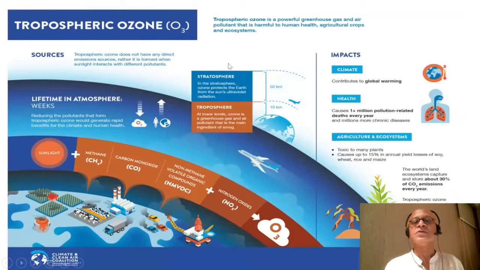The tropospheric ozone is a powerful greenhouse gas and air pollutant that is harmful to human health, agricultural crops and ecosystems, as we already talked about. The lifetime in the atmosphere is only weeks, but reducing the pollutants that form tropospheric ozone would generate rapid benefits for the climate and human health because its lifetime is so short. So there are what are called short-lived climate pollutants. Methane, black carbon, ozone are all in that category, and they would not only reduce greenhouse gas warming, which can be seen immediately